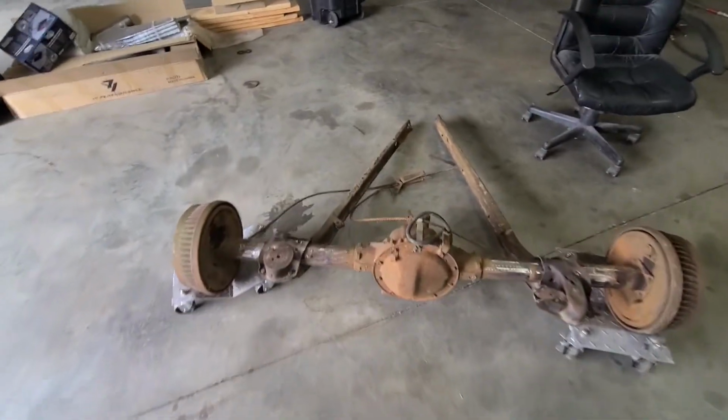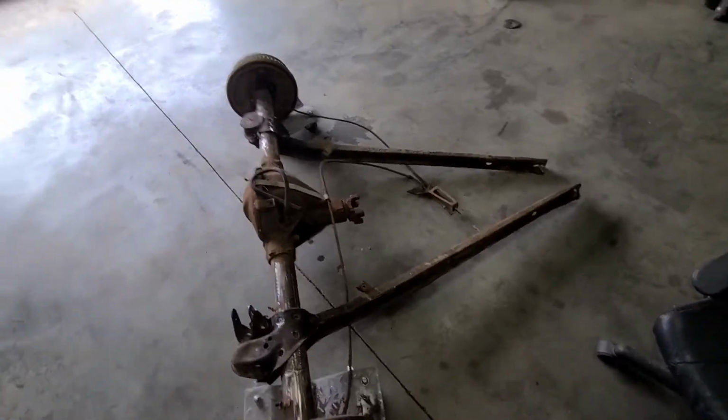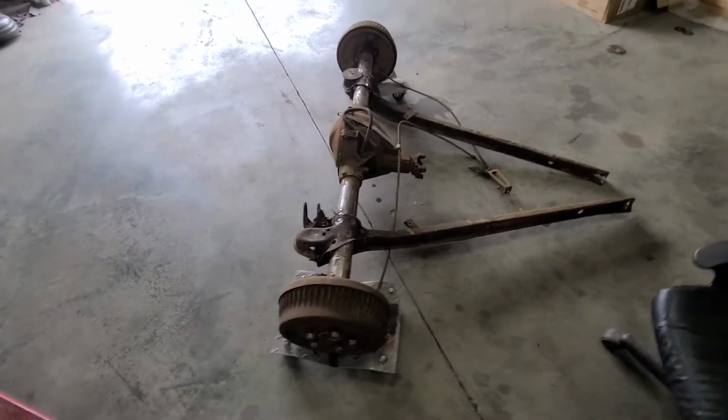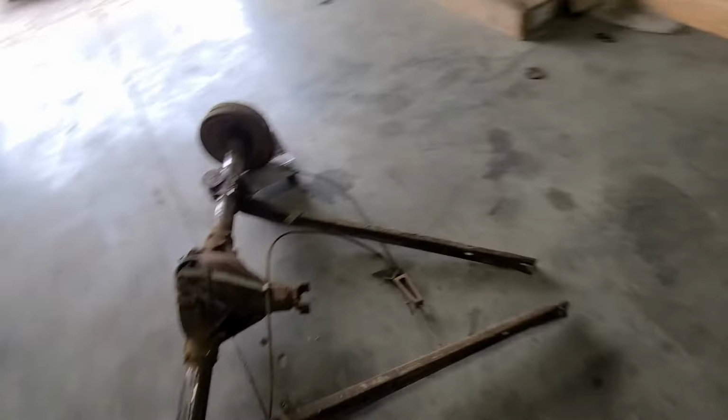Okay, we're filming a little update here. I'm not sure where he left off with his videos. So we got a different rear end. This is a 12 bolt out of a pickup. I think it's got a 308 gear. It don't really matter. So we've got the trailing arms for the Buick